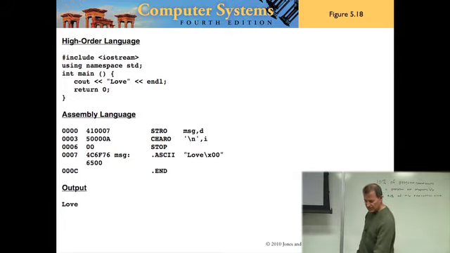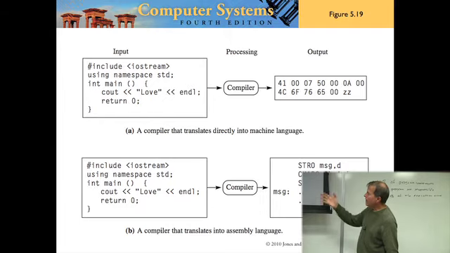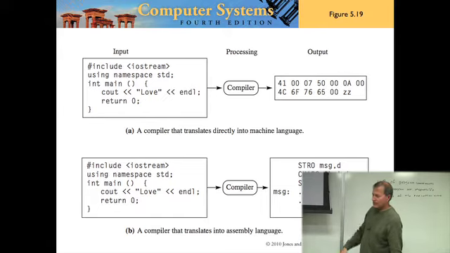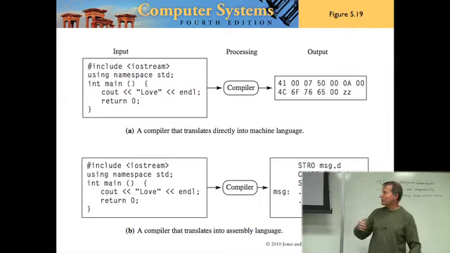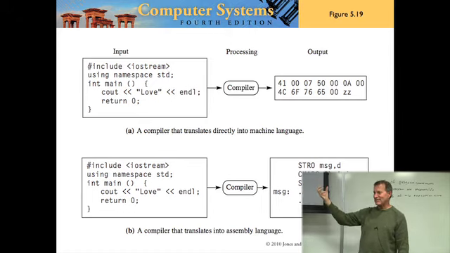So this next slide is a figure of how the computer runs that are necessary in order to actually run this program. In part A of figure 5.19, what do all programs do? They take input, they process it, and they produce output. So what is the input to a compiler? Some language. It's this C++ code, the program that you write, and then the compiler.